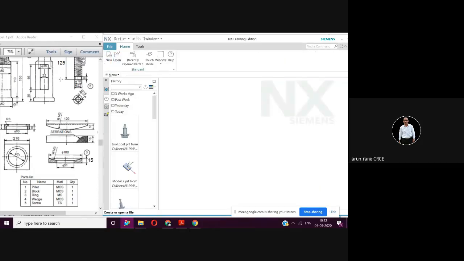Now the square tool bit, which is not shown here, but this is 22, and for the square tool bit we are taking a cross section of 20 by 20 by 150 long. So the tool bit is going to rest on this wedge, 150 long. So 150 minus 120, so 15 mm from here and 15 mm from here when you are drawing it in the assembly. And why 20 mm? Because in the market the square tool bits are available like that: 16 by 16, 18 by 18, 20 by 20. 22 by 22 is also available, but then it will not go in easily.